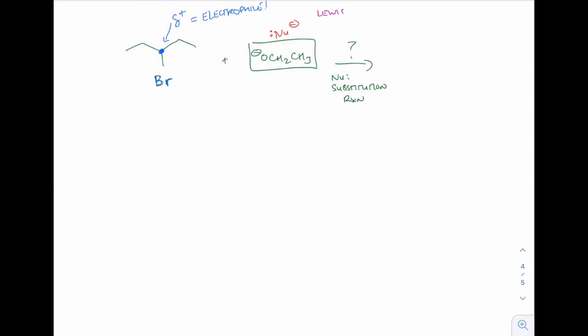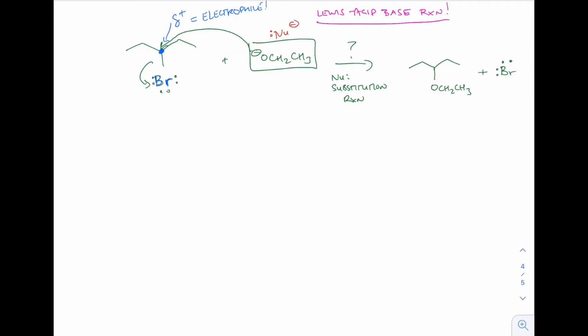That electrophile combined with the nucleophile makes this now a Lewis acid base reaction, right? So that's, again, that's all chemistry really is, Lewis acid base chemistry, or oftentimes Bronsted-Lowry acid base chemistry. But as we know, they can be the same thing. So Lewis acid base chemistry is all encompassing. That nucleophile attacks that carbon that's susceptible to attack because of its positive charge, and then we get a nice